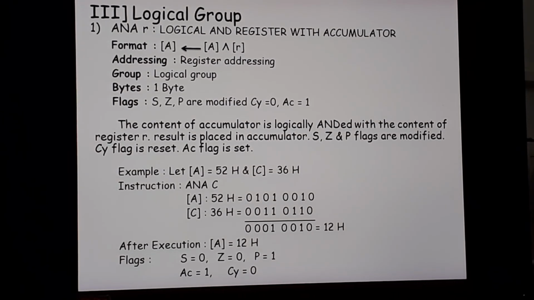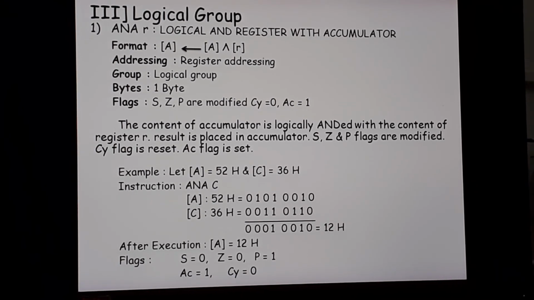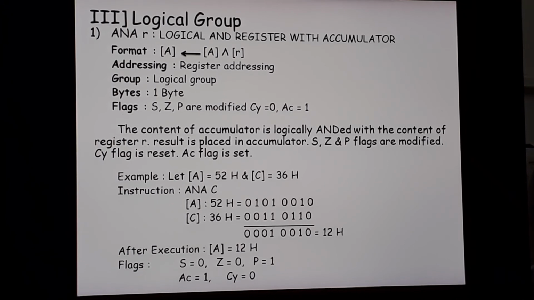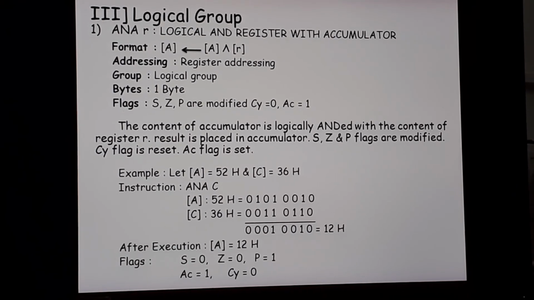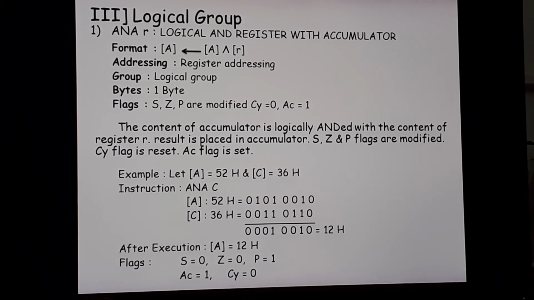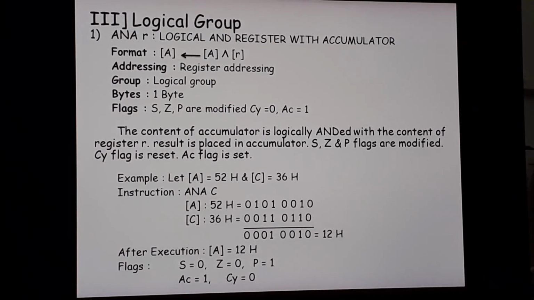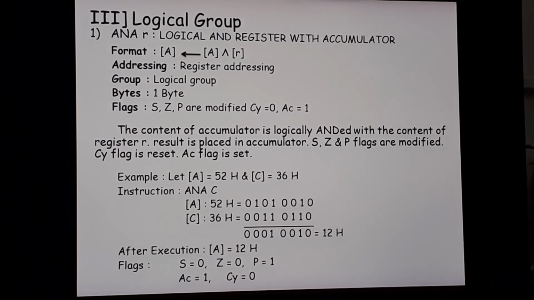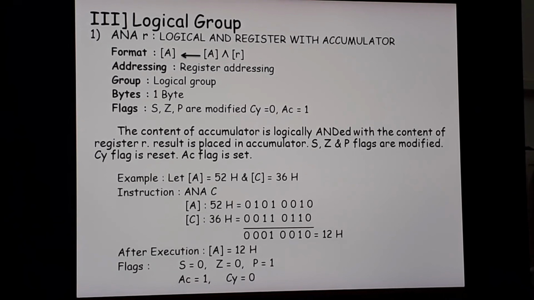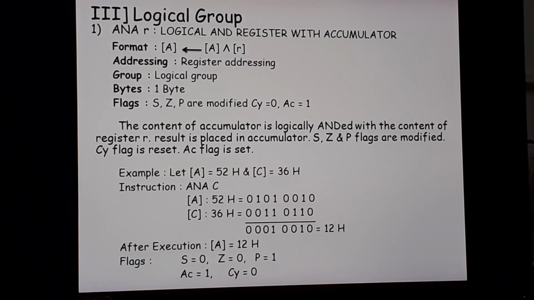So the very first instruction in this particular logical group is ANA R. Logical in the sense, if you all remember, in the 11th standard we had the logic gates chapter, in which we had AND gate, OR gate, XOR gate, correct? So we'll be studying all of these gates with binary addition or subtraction, or how to do the OR in the binary sum, or how to XOR in the binary sum, and ANA, which stands for AND. So all of these three gates will be required in this particular group. So logical group, let us start with the very first instruction, that is ANA R.